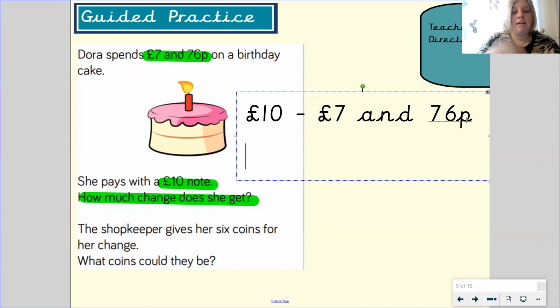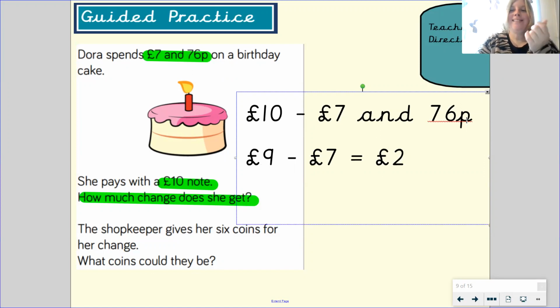So I'm going to start just like we did yesterday by taking £7 away from £9. So £9 take away £7 equals how many pounds? That's right, it makes £2. So now I can take 76p away from that pound,